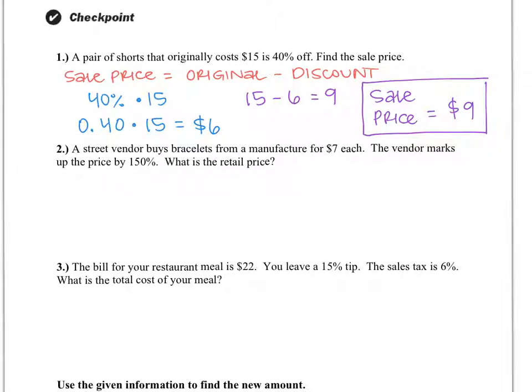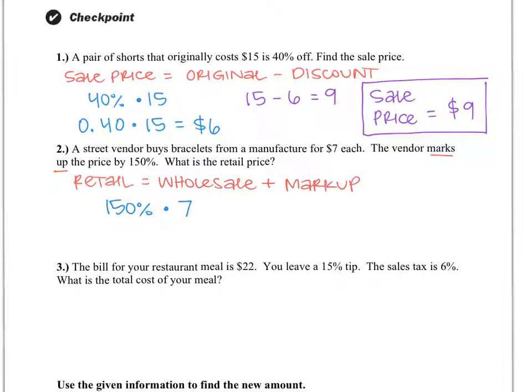All right, let's look at number 2. A street vendor buys bracelets from a manufacturer for $7 each. The vendor marks up the price by 150%. What is the retail price? Well, your key word there should be marks up. We know this is a markup problem. So we can say that the retail price equals the wholesale price plus the markup. Now in this situation, the wholesale price is $7. I need to calculate the markup, so I'm going to do